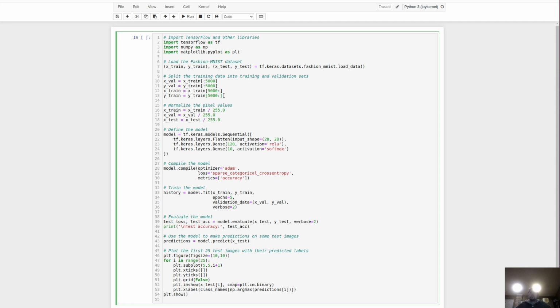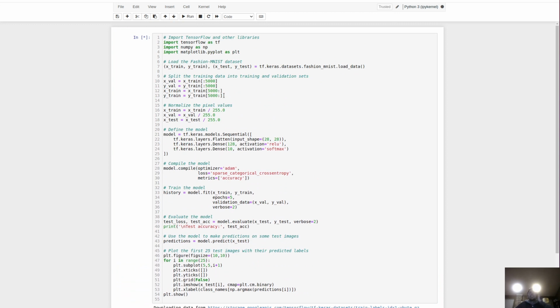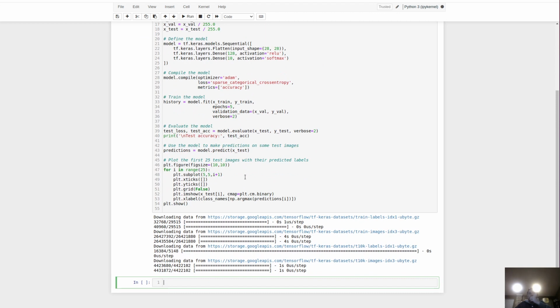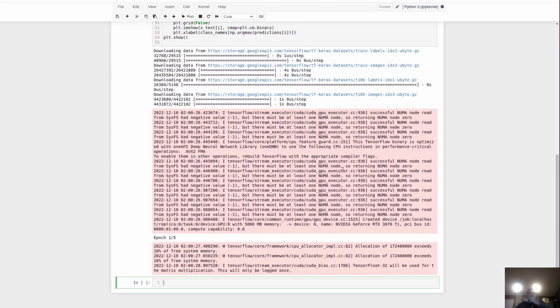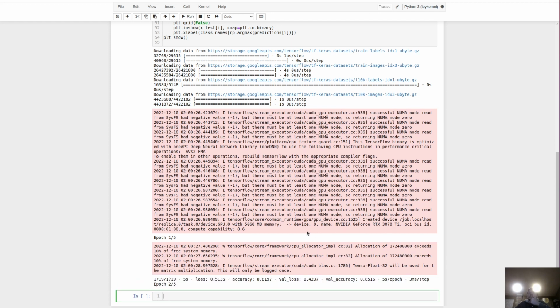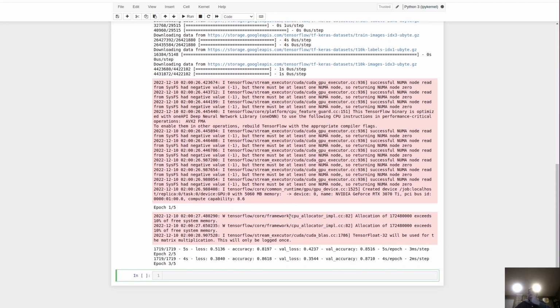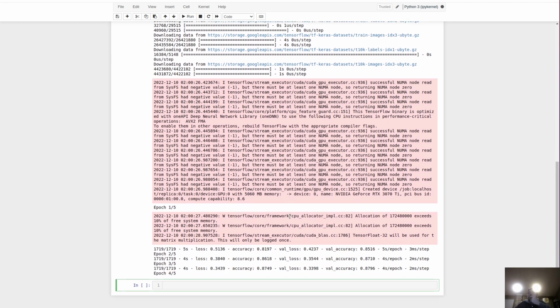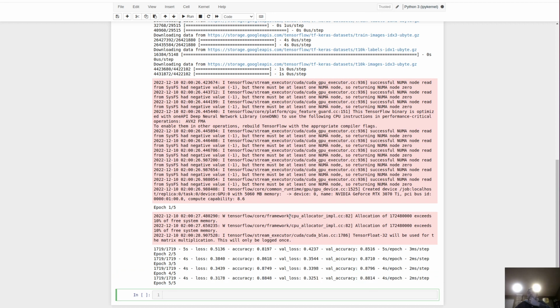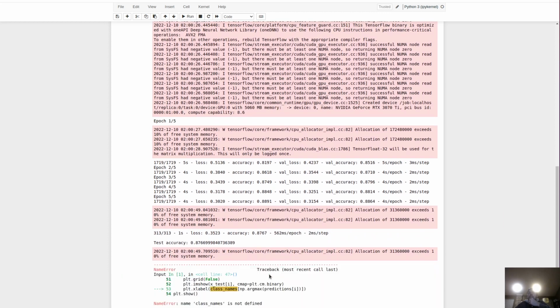Okay, so we'll try running it. It might take a minute with the import. I don't remember if I've done that recently with Fashion-MNIST. Oh, here we go. Yeah, complaining like usual. Yeah, I'm running on a 3070 Ti. Okay, it kind of plateaued there already. But accuracy of 88% in 5 epochs is not bad.